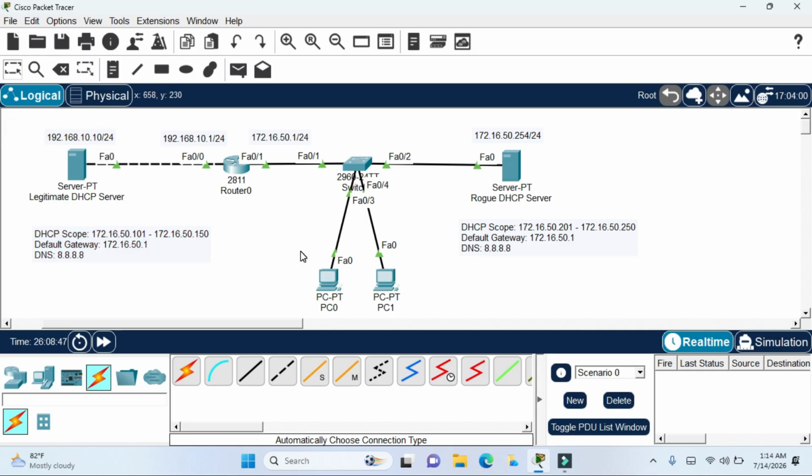Now I'm going to verify that IP addresses will not be assigned to my computers from the legitimate DHCP server. The DHCP requests from these computers will be forwarded to the rogue DHCP server, and the rogue DHCP server will assign IP addresses to my network devices. Go to PC0, click on desktop. The rogue DHCP server scope will start with